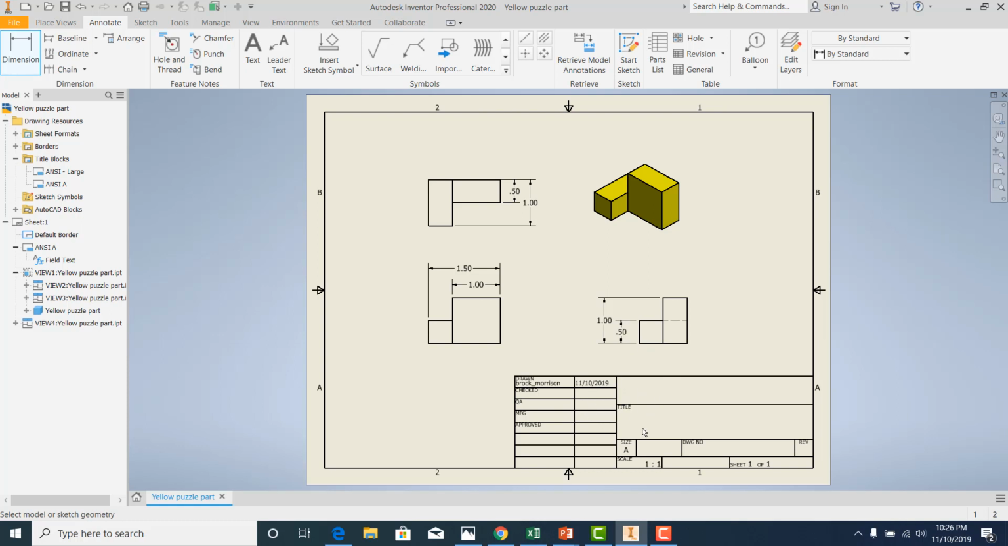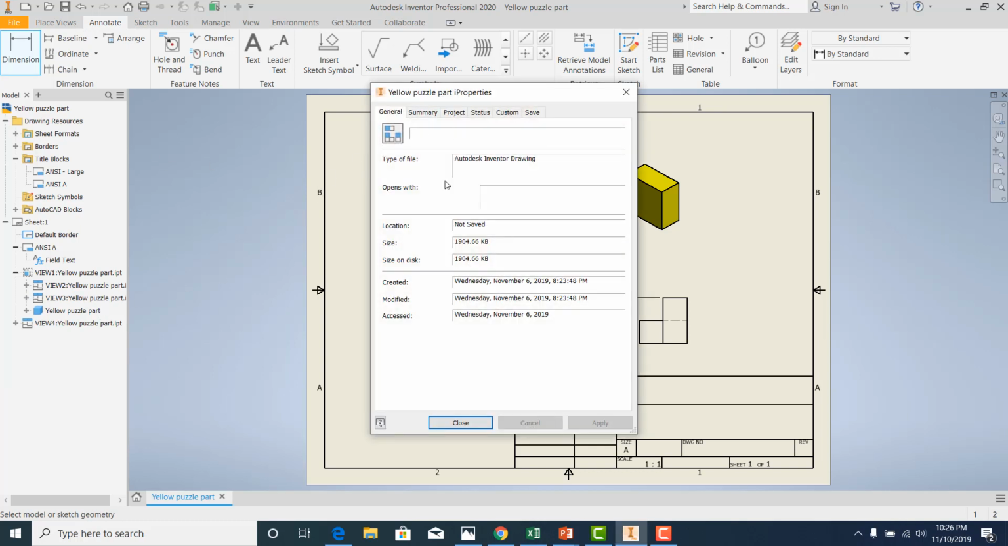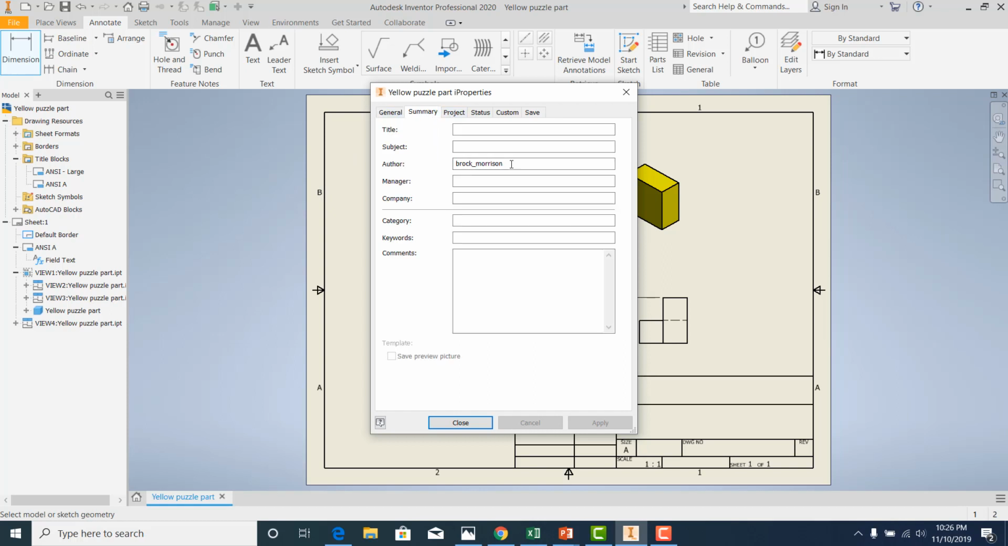If you want to put your name and title, how you do that is the file, go down to iProperties. Not sure why that popped up, and then click on Summary. This will allow you to put your name here. Probably says Loc User on yours. I'm going to put my name,